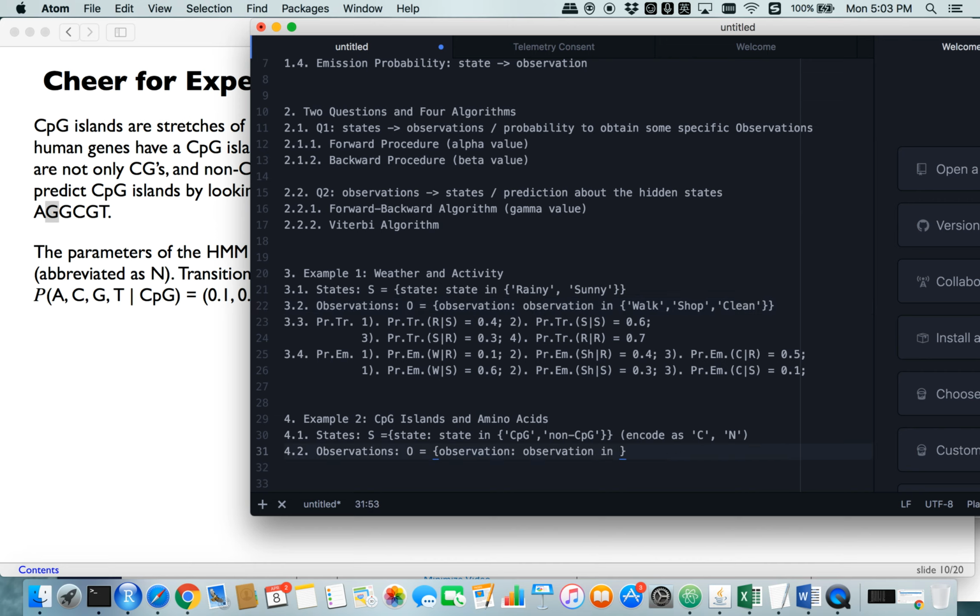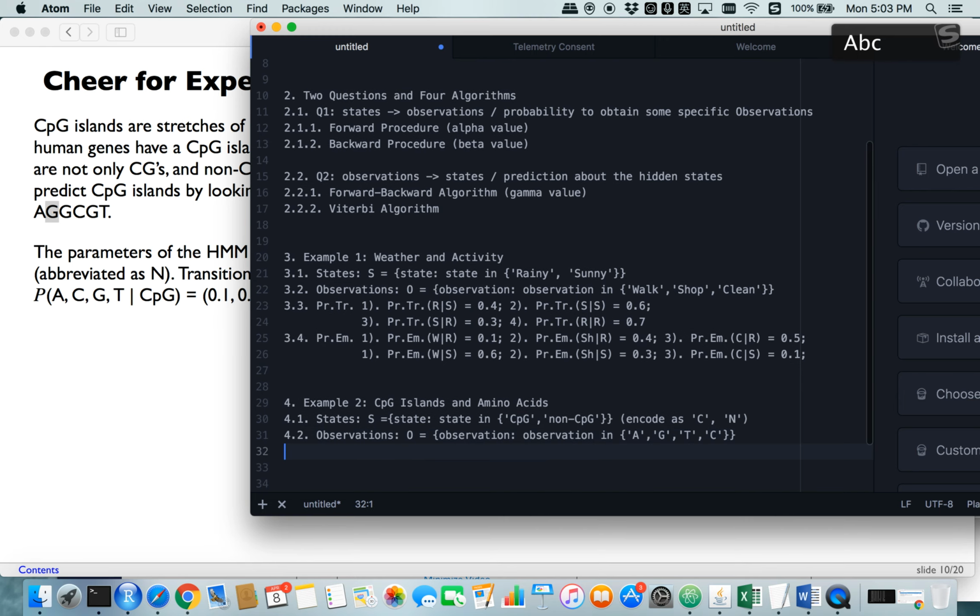So it's observation A, G, T, C. Alright, and then it's the transition probability. The transition probability is the probability that connects the different states or the same states. So now, if we can adopt this one,